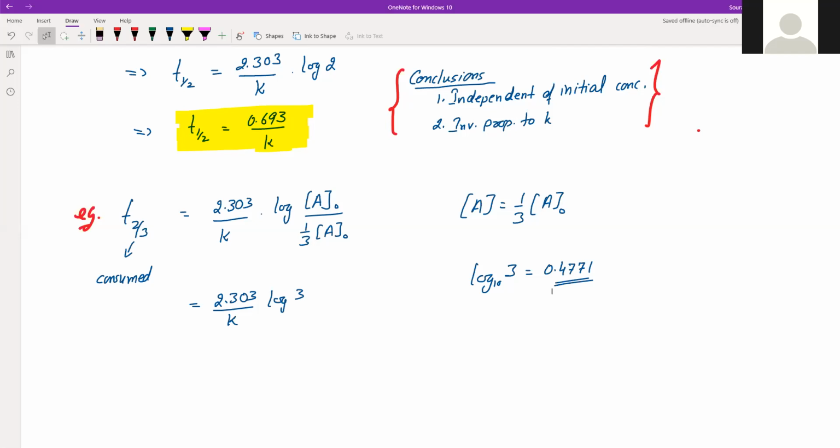So that's all about this chapter, that is chemical kinetics. I'll see if there are some more topics in this, we'll cover in the next class. For the time being, this chapter is over. Only numericals are left, which we'll try in the next class. Any doubt, anyone has any doubt, you can ask. If not, I'll end the session.